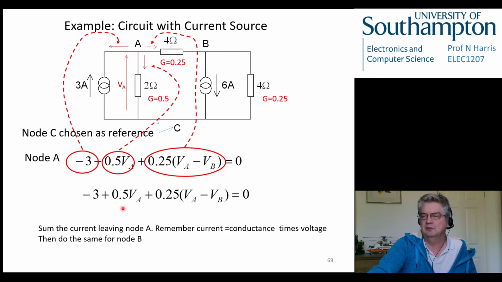And then we can just rewrite that. I've just rewritten that for clarity. I can't see a difference there. So sum the current leaving node A. Remember, current equals conductance times voltage. Then do the same for node B. So if we do that for node B,